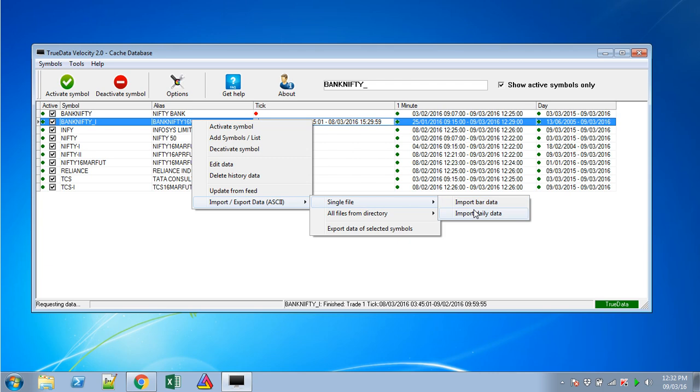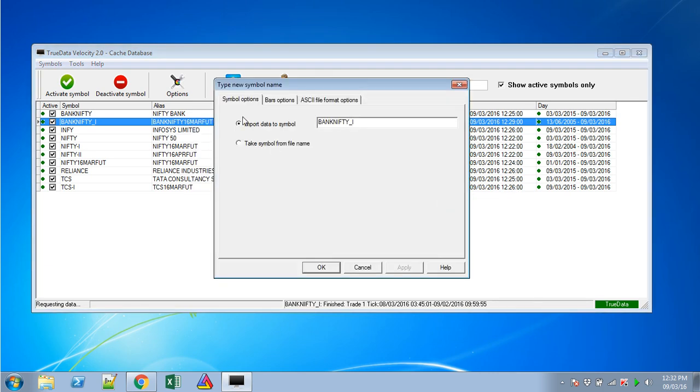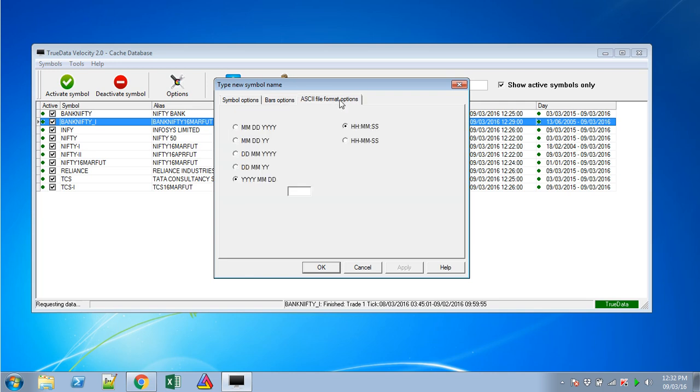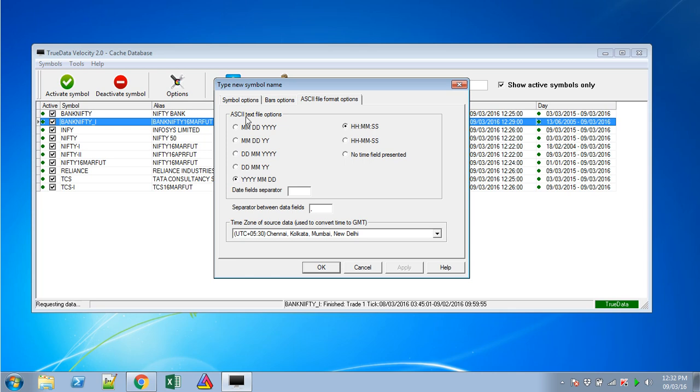The format of these files to import is the same as the EOD data we send in the evening. So import data means import data to the symbol of Bank Nifty_I. Then bar options, open, high, low, close, volume are set by default. If open interest is there, please select the open interest. Formats, YYMD, and what is the